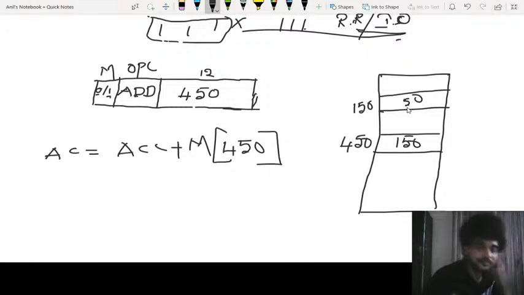So for all the memory reference instructions, there will be a mode. This mode is also called the addressing mode. The address could be either a direct address or an indirect address. Now, stay focused, all of you. Not only memory reference instructions,